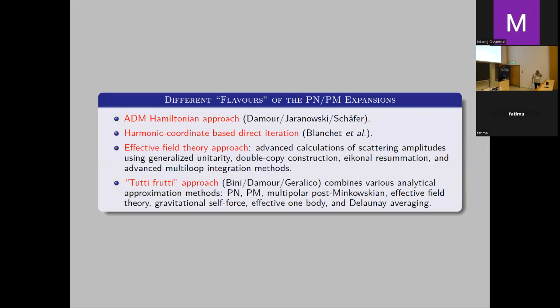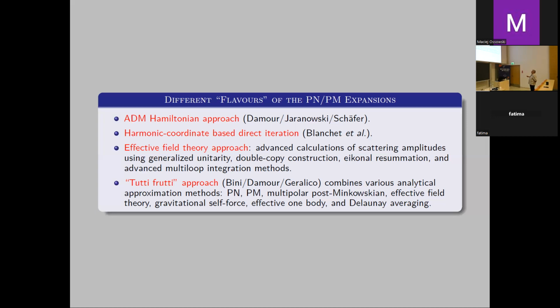And I should say that the relativistic two-body problem is a very old one, and the literature on the problem is enormous. There are very many different approaches, and I will mention only a few of them, and I will talk about only one of them. This, of course, is related with my personal work, unfortunately. So I will talk about the ADM Hamiltonian approach, but there is also